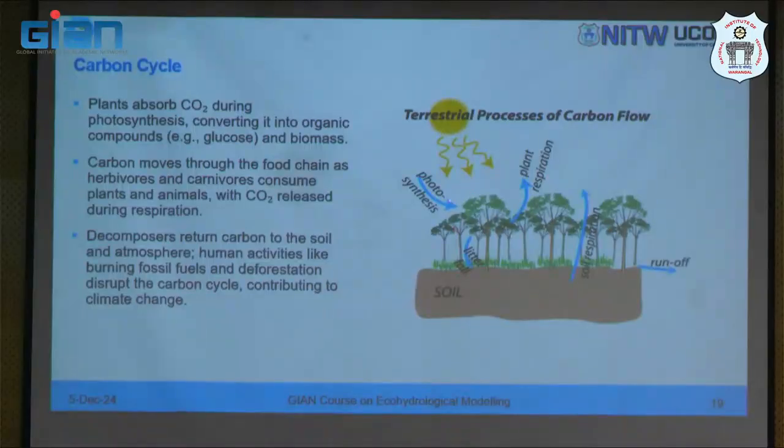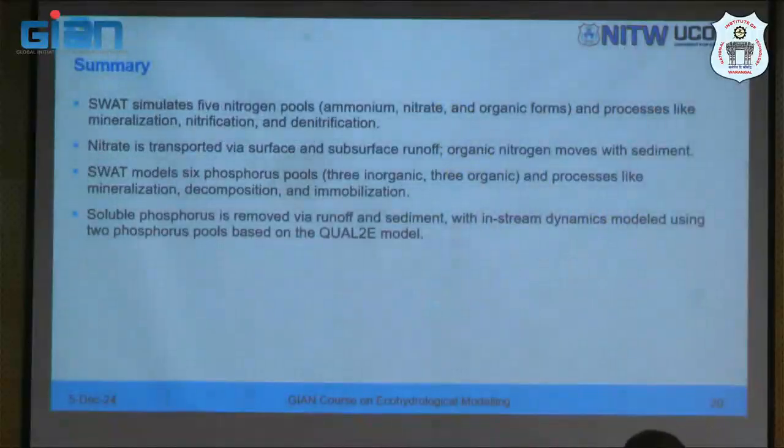Now, this carbon dioxide is used for developing glucose, but when we consume it, and when we die, some of the carbon gets released. Some human activities such as fossil fuels and deforestation disrupt the carbon cycle, contributing to climate change as such. Okay. So with this, the terrestrial part is kind of done. So to summarize,